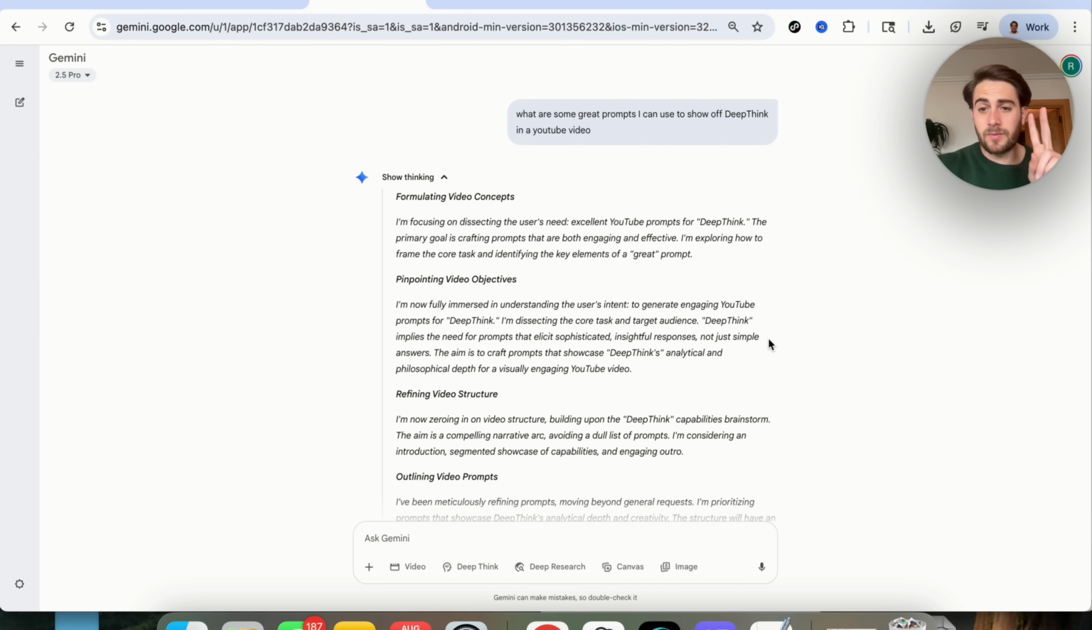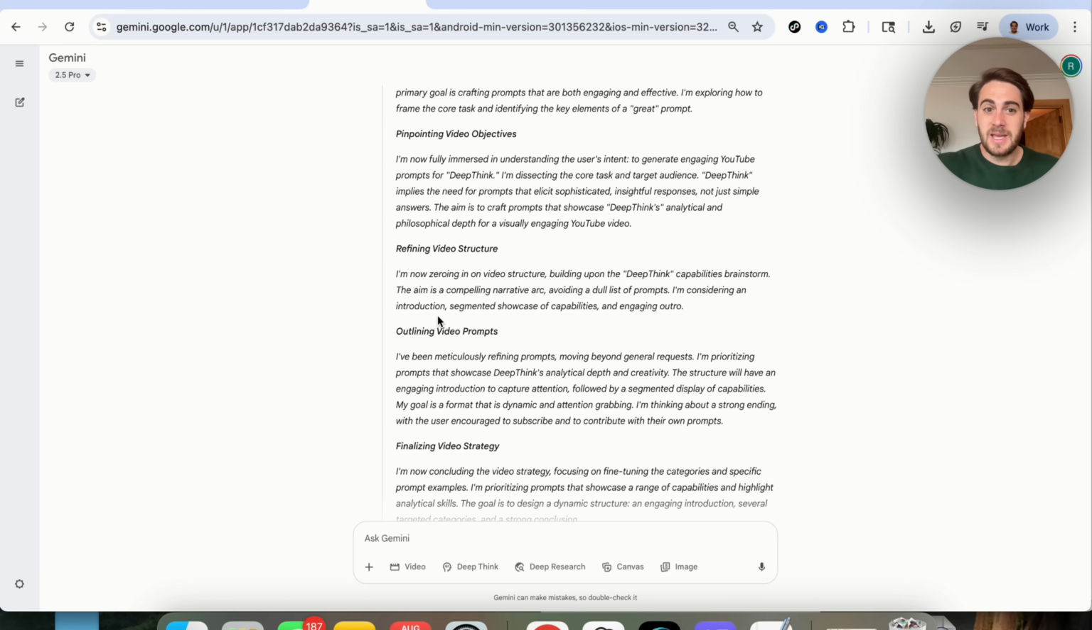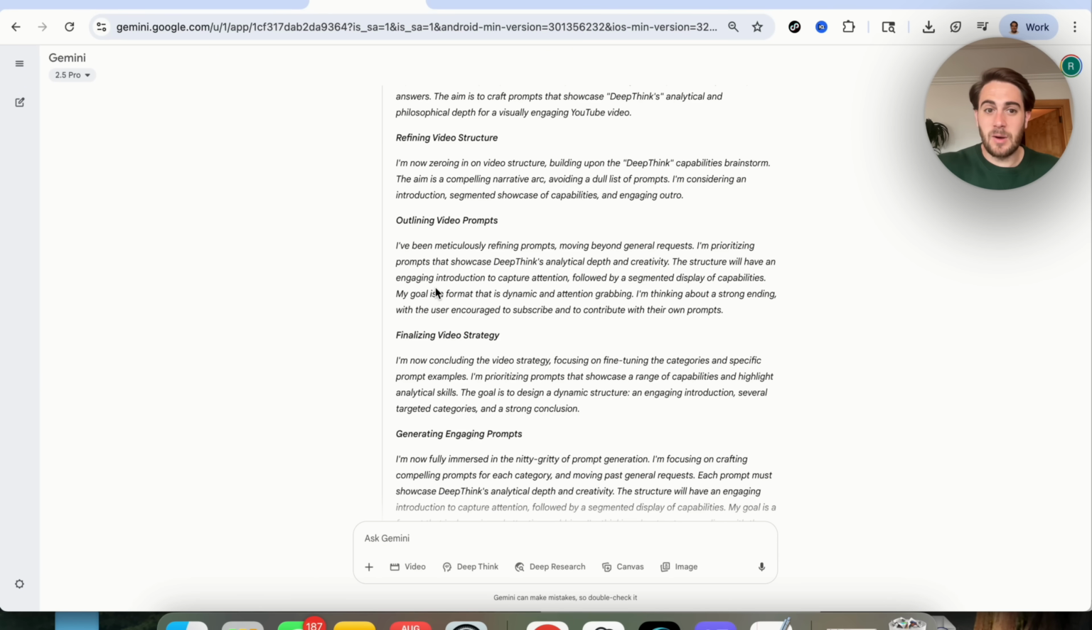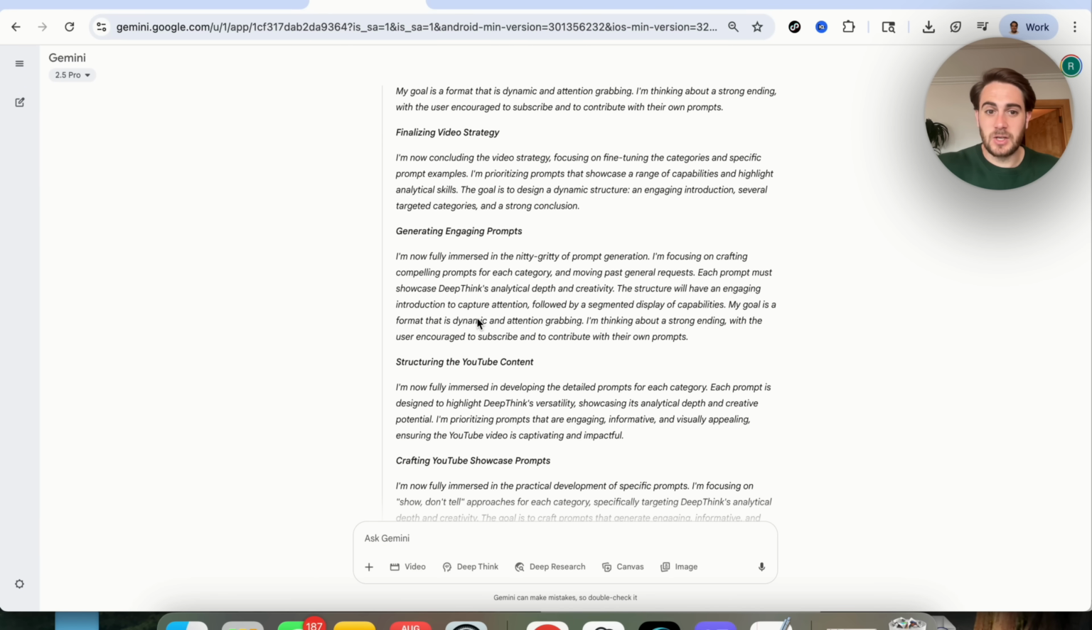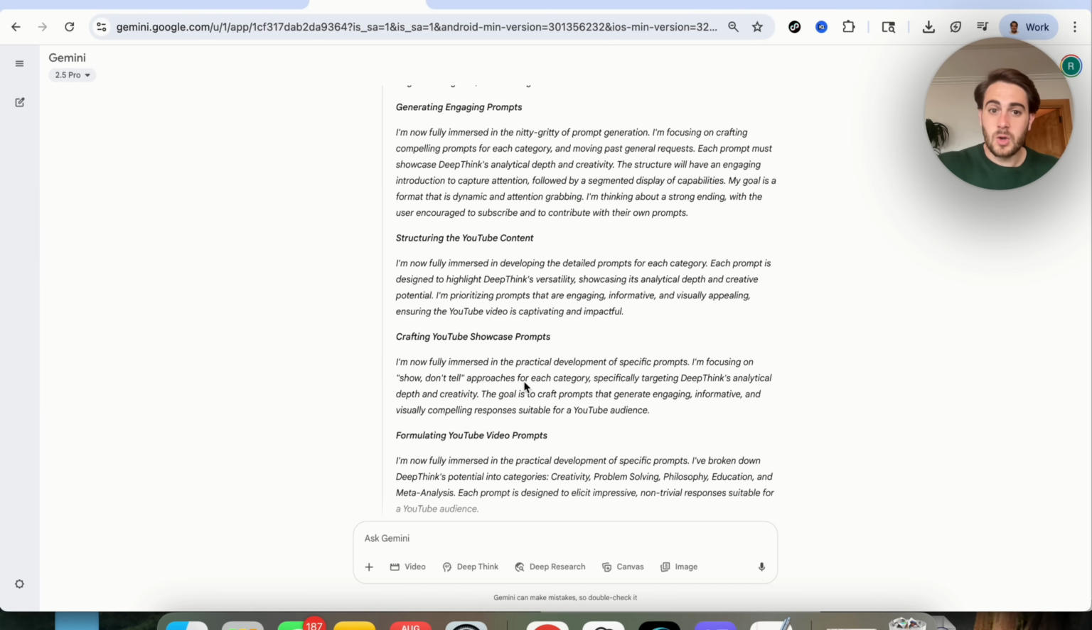Now, I actually have 2 different use cases I wanted to give you for this. So the first one is, what are some great prompts I can use to actually show off DeepThink in a YouTube video? I asked it this in order to see how it actually thought through this. So we could see that it formulated video concepts, it pinpointed video objectives, it refined the structure, it gave us an outline, it finalized the strategy, and then it generated engaging prompts, structured it for YouTube content, crafted them, and